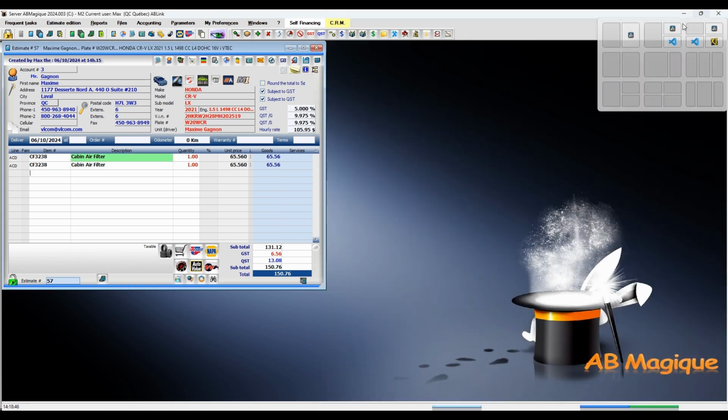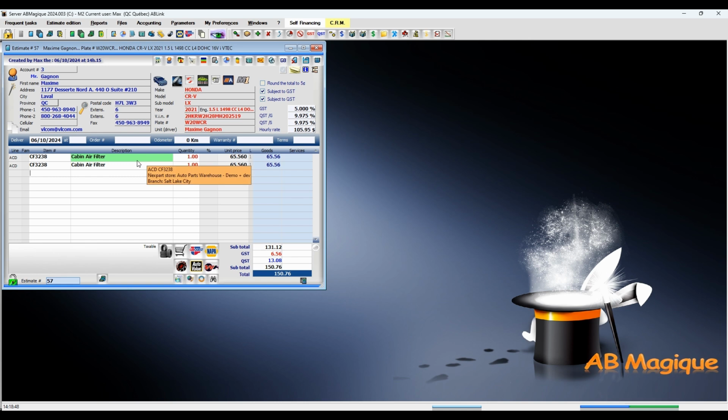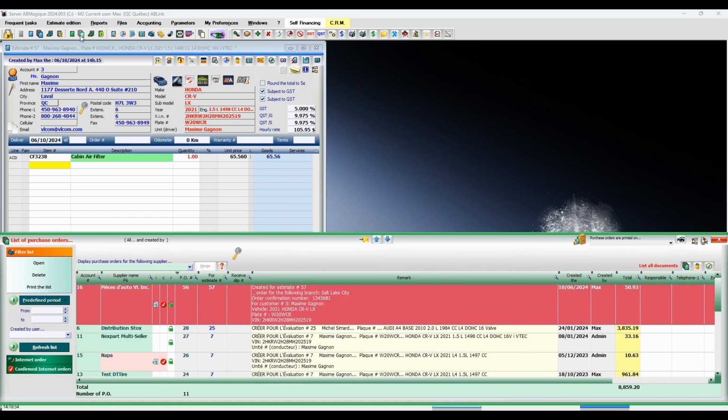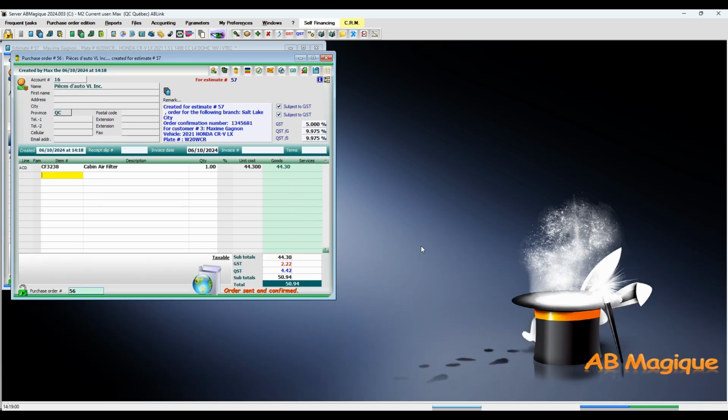Back on the estimate, you will notice that the background color of the description of the part is now green. This means that the part has been ordered. In addition, when you go to the list of your purchase orders, you will notice that the purchase order has already been created with the parts, the confirmation numbers, as well as the branches information from where the parts were